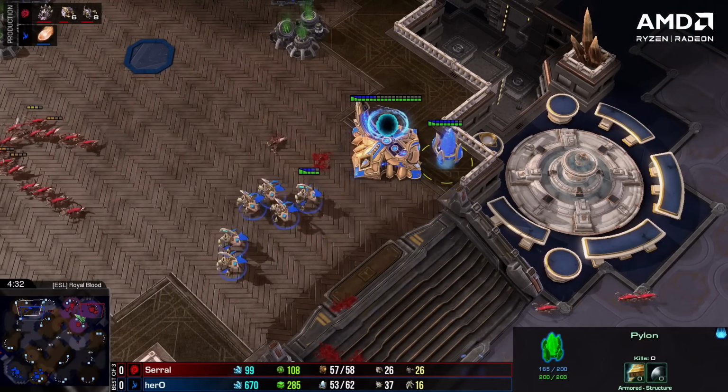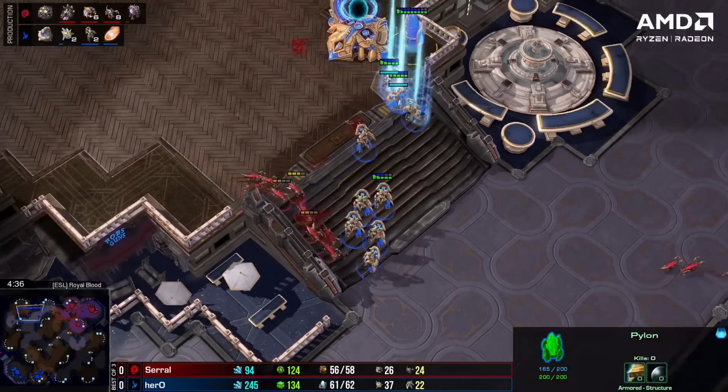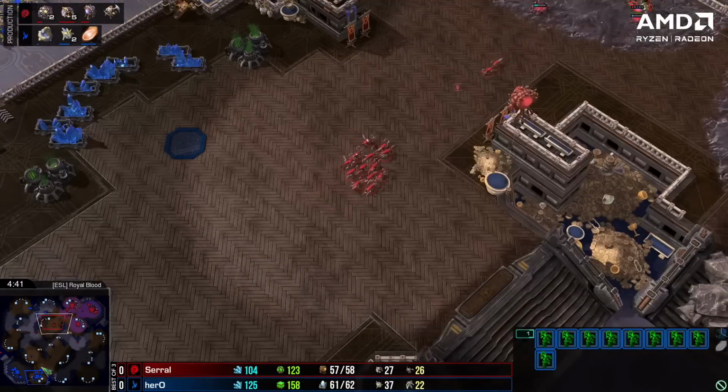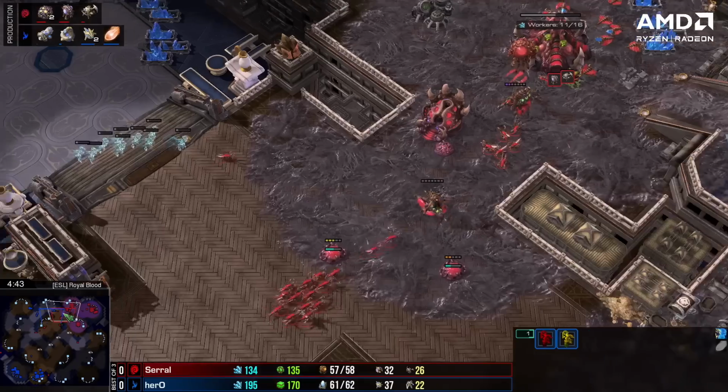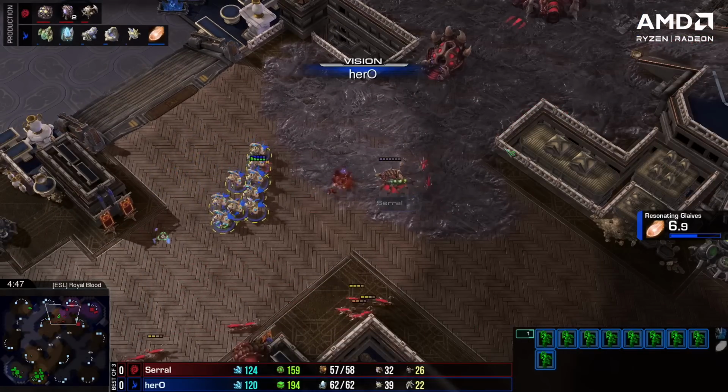A couple of Zerglings go down. The Zerglings are buying time for Serral, but he's got to be careful, man. He's only on 26 drones versus 37 probes. Now, herO doesn't know that, but seeing so many Zerglings, if he just chills and defends, herO's actually ahead. He doesn't need to commit, but if he overcommits and gets surrounded...